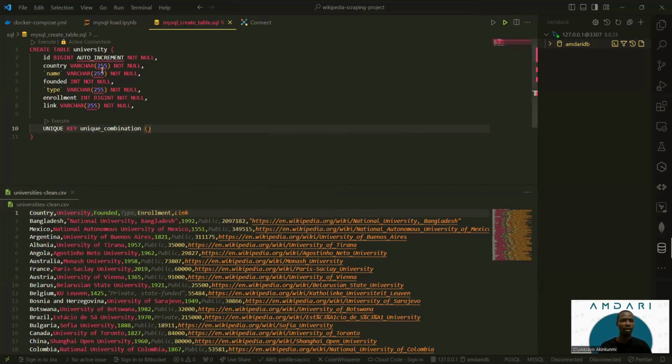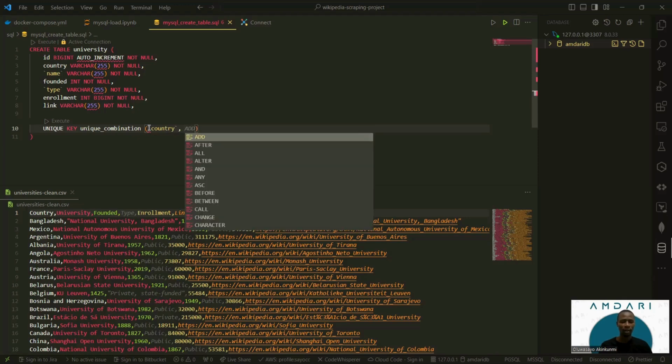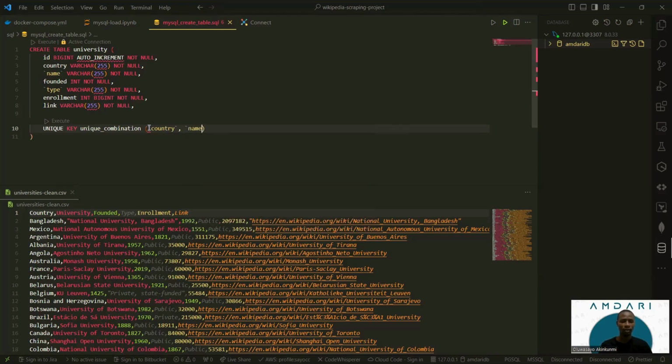So the two columns I'd like to give a unique combination constraint are the country column and the name column. This unique combination constraint basically allows us to avoid having duplicate combinations of the university name and the